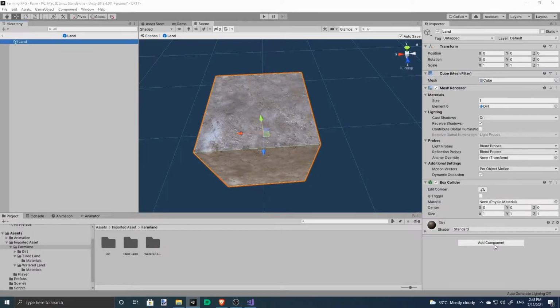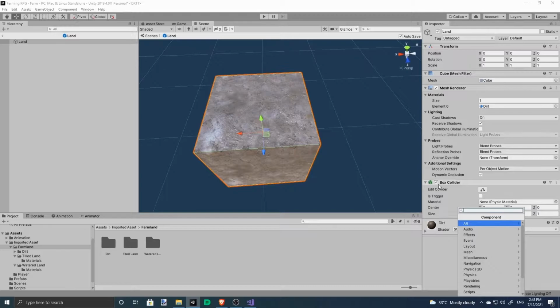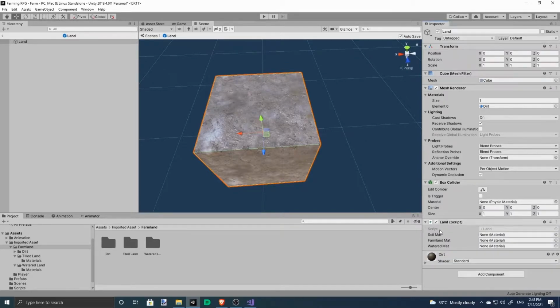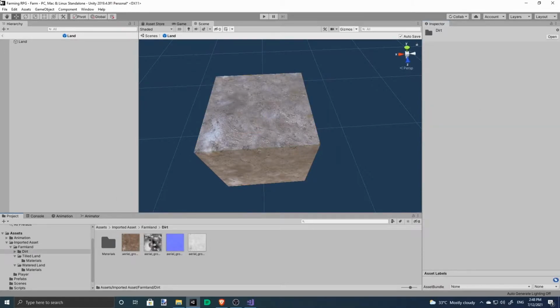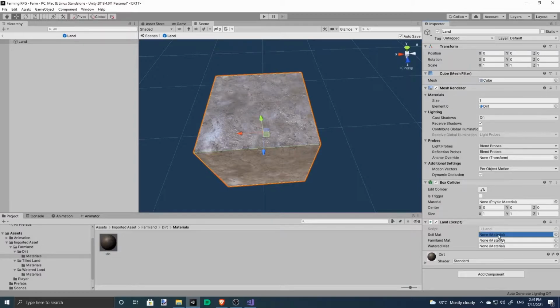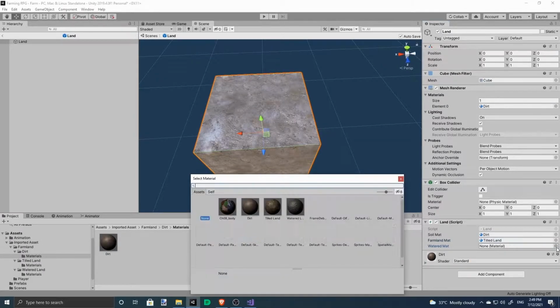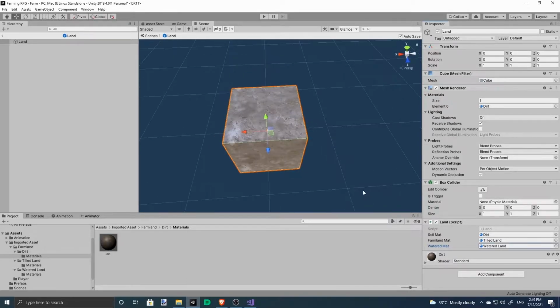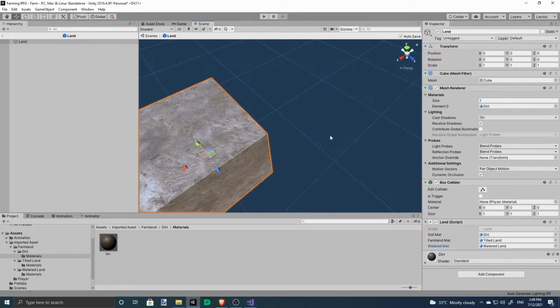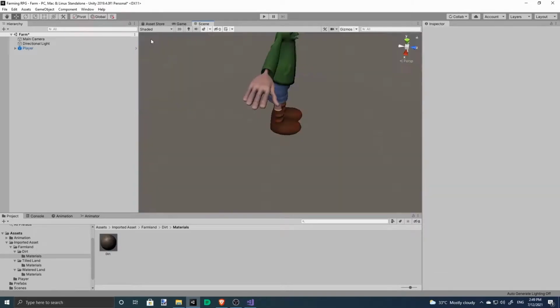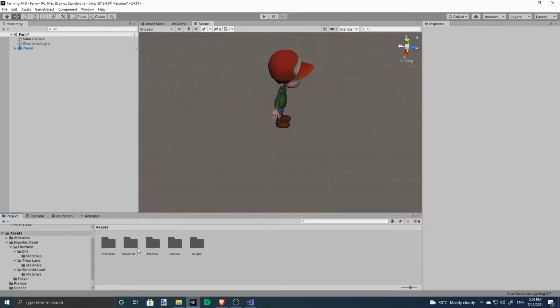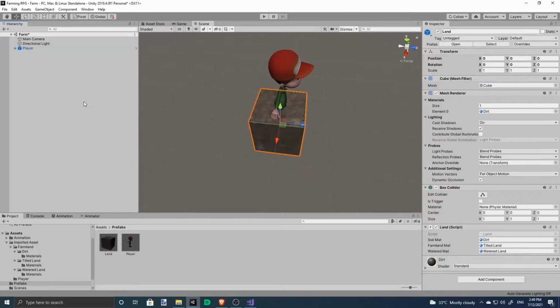Let's drag this new script over, the script called land, and assign these materials. So dirt goes here, tilled land goes to farmland, watered land goes to water. So if you were to test it, nothing's gonna happen.